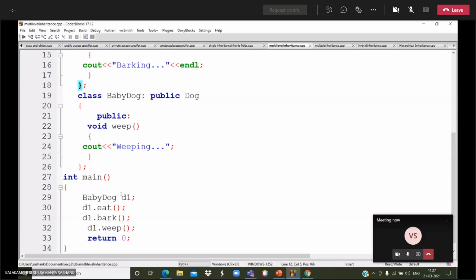We can see a demo for hierarchical inheritance. In the same way, here also I am declaring #include iostream.h. It is for taking the input with cout and cin. Then I am writing using namespace std, to differentiate the functions. Then I am writing the class name as shape. Within the curly braces, I am declaring int a, int b variables as public.